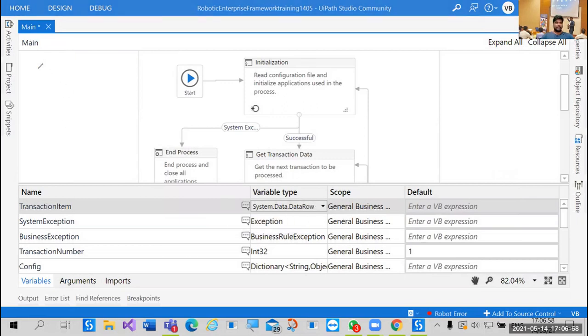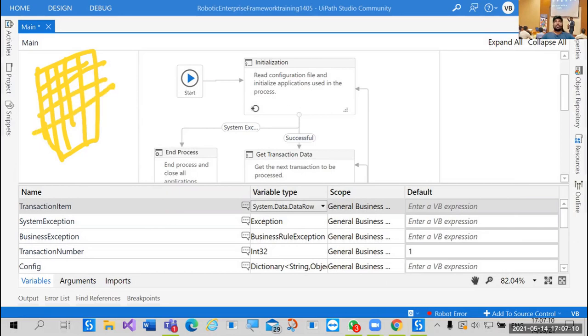Let's understand that this is a table. In this table there are a few columns and a few rows. Now when there are rows and we want to perform a transaction on each row, this is one row, this is one row, this is the third row, this is the fourth row, and this is the fifth row. So what will be the index of this particular row? 0, yes, 0, 1. This is 1, this is 2, this is 3, this is 4. So how exactly do we need to increment?